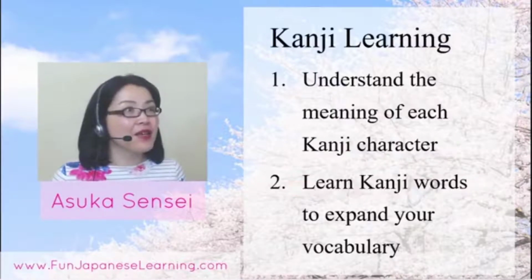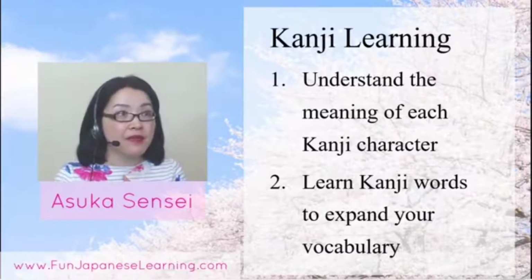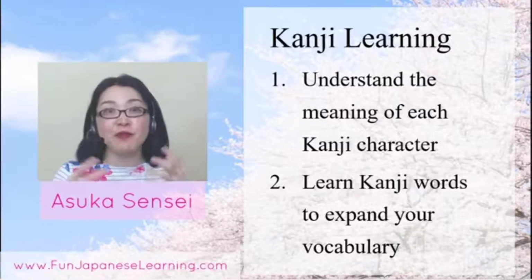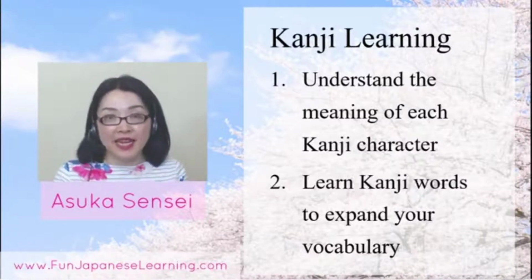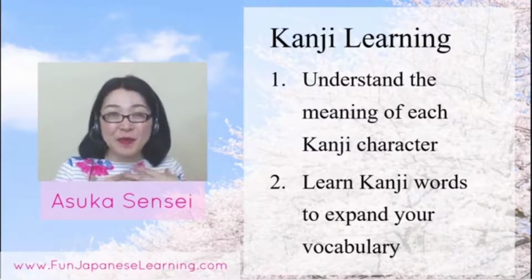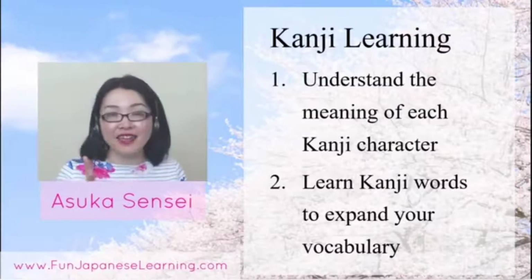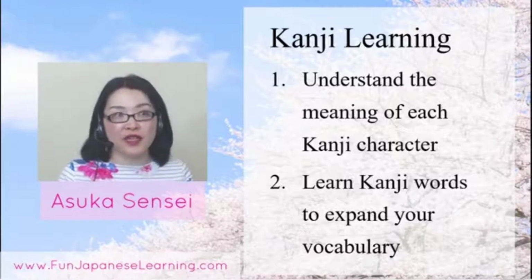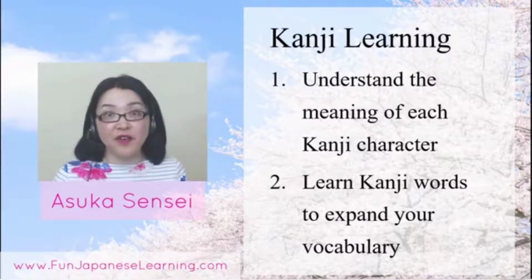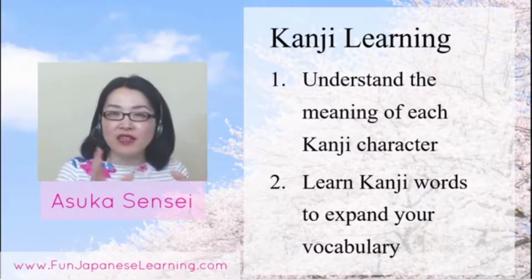Kanji learning has 2 steps. The first is to understand the meaning of each kanji character, because each kanji character represents a meaning. The first thing Japanese kids, Japanese people, do is understand each character's meaning. And the second is to learn kanji words, to expand our vocabulary. So not just the character, but how the character is used